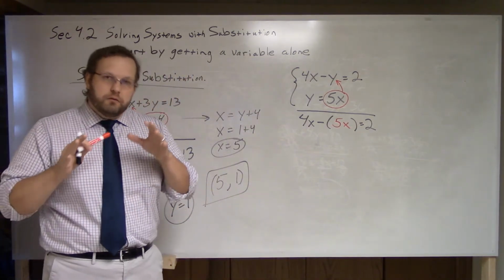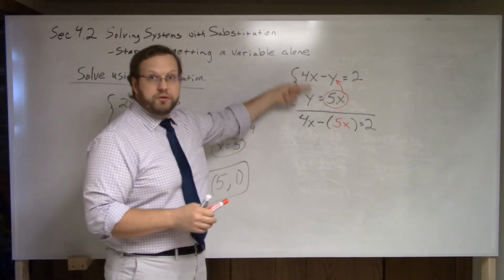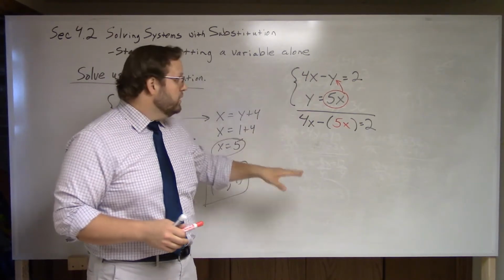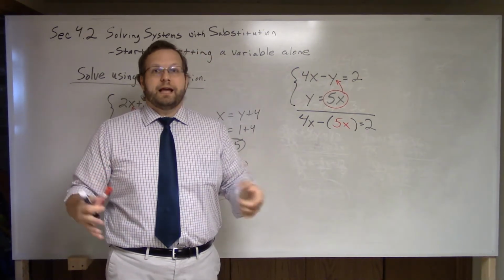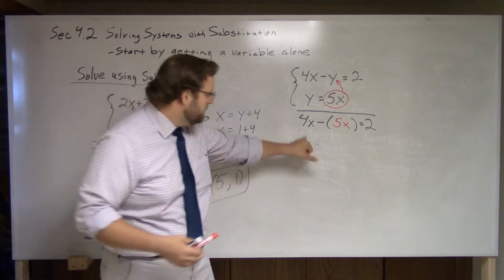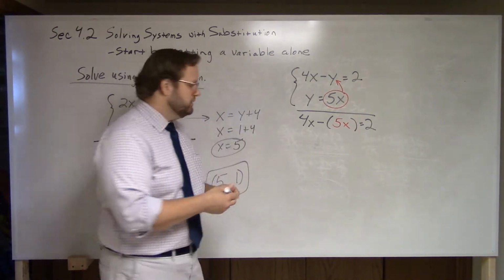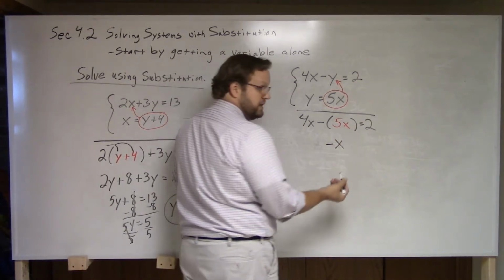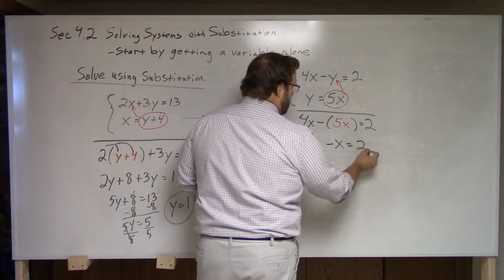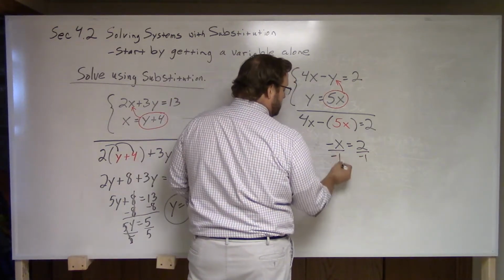So again, two things you've got to look for. Number one, make sure that you're using both of these equations. Number two, when you pull them together, the equation that you create needs to have only one variable. It can happen in a couple spots, but only one variable. Now it's solvable. So 4 minus 5 is negative 1x, or just negative x, equals 2. I can then divide by negative 1,